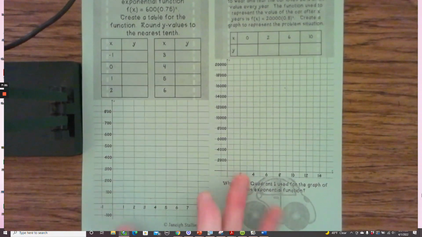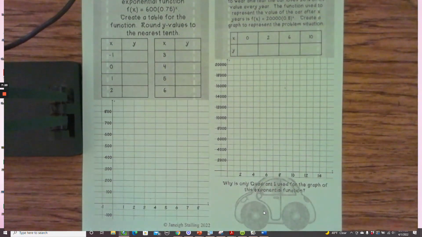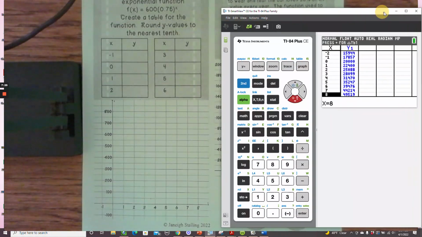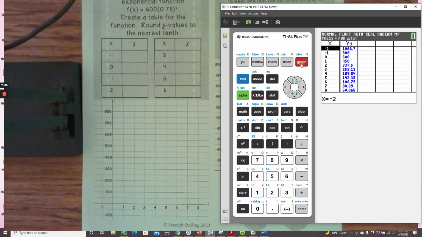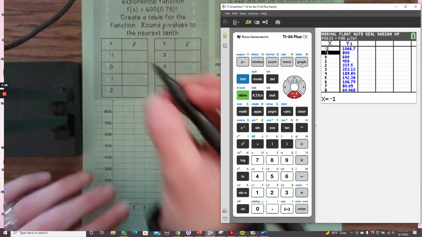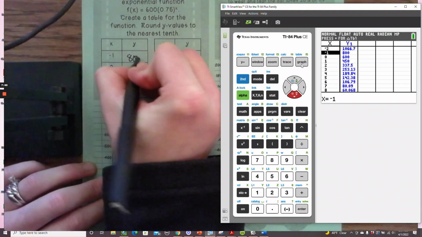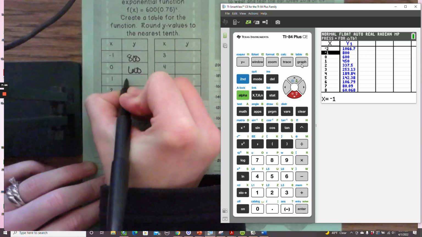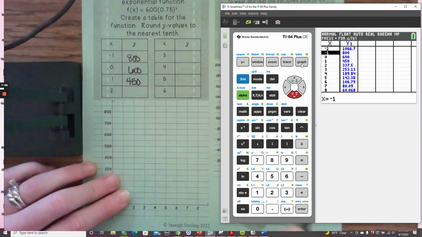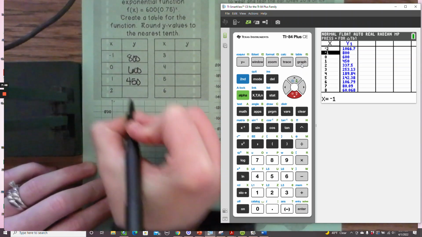So again, the first thing that we're going to do is create a table. So we'll go to y equals, and we're going to do 600 times 0.75 to the x power. And we're going to go to the table. And for this one, we're starting at negative 1. So negative 1 is 800. 0 is 600. 1 is 450. 2 is